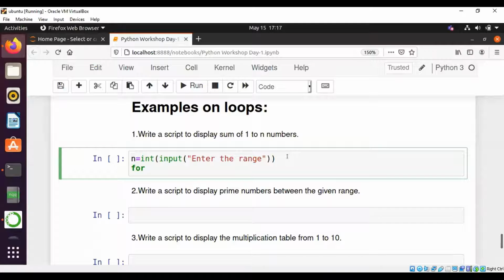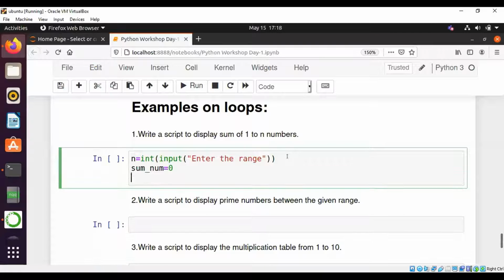Let's take sum of numbers is equal to 0. Let's assign the value for it. Let's travel until n range. For i in range of 0, we will go up to n plus 1.